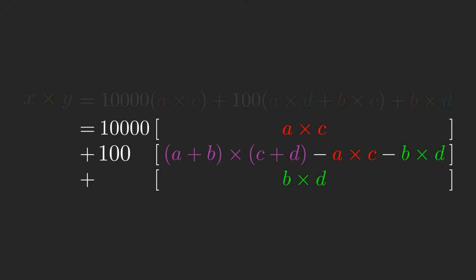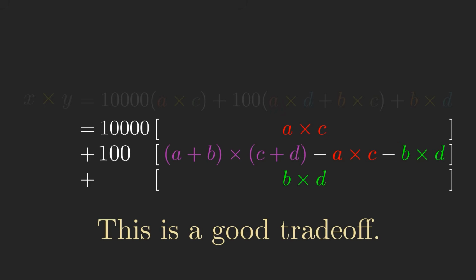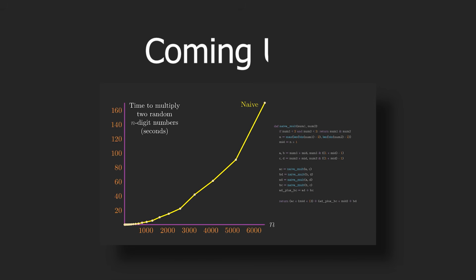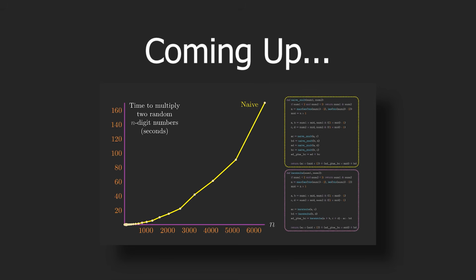since we have to do some additional work to add a plus b and c plus d, and also to subtract off a times c and b times d here. But this trade-off is worth it compared to doing another recursive multiplication. I'm going to prove that to you in 2 ways. In a couple minutes, I'll show you that this algorithm from 1960 is so good that many popular programming languages